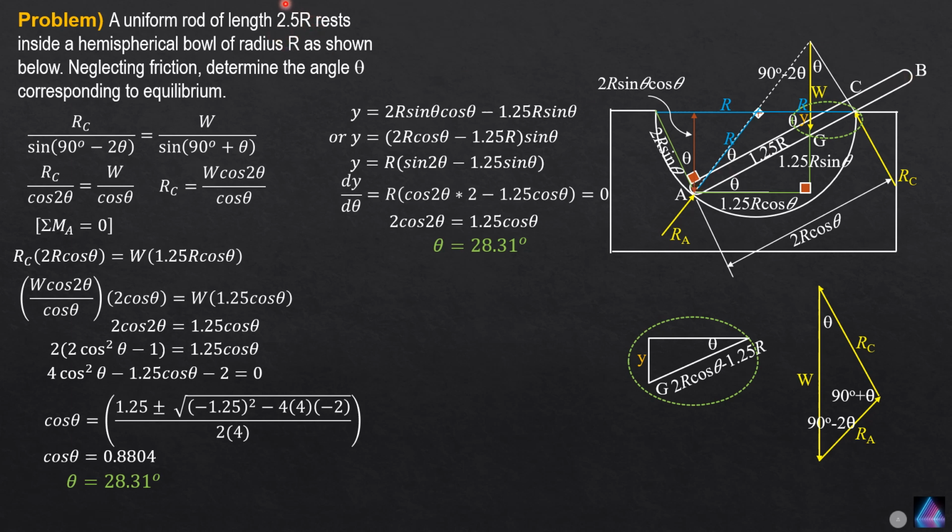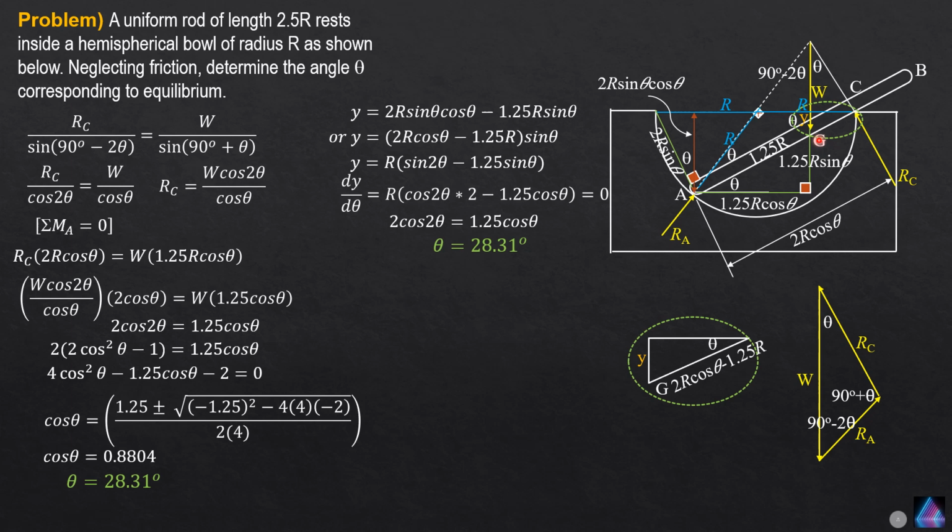The length of the bar is 2.5 r, therefore, from one end A to the center of gravity, it should be half of 2.5 r, and that's 1.25 r. So this is the given angle theta. Because this distance is 1.25 r and we have a right triangle formed here, the horizontal projection or the horizontal leg of this right triangle would be hypotenuse 1.25 r times cosine of theta. So that's why we have here designated 1.25 r cosine of theta.